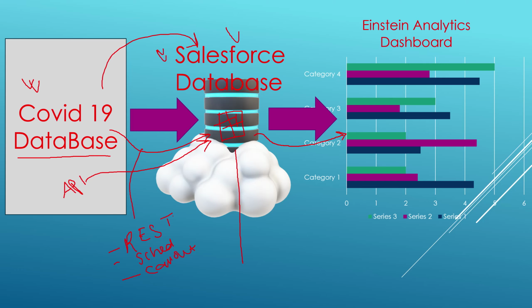So once I have the Salesforce database, then I'll focus on part 2, where I am going to visualize my data in the Einstein Analytics platform by building dashboards with the help of different kinds of widgets. And to do that, we'll discuss the concept of dataset, we'll discuss the concepts of dataflow, lens, recipe, and how we can schedule the dataflow, how we can always sync my dashboard data with the latest information we are getting from the COVID-19 database.